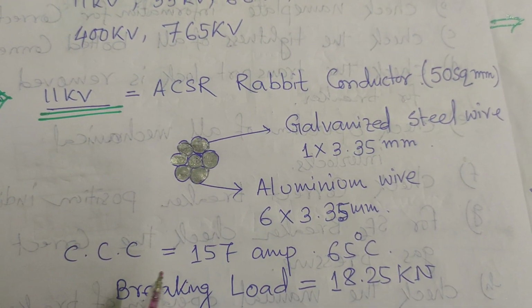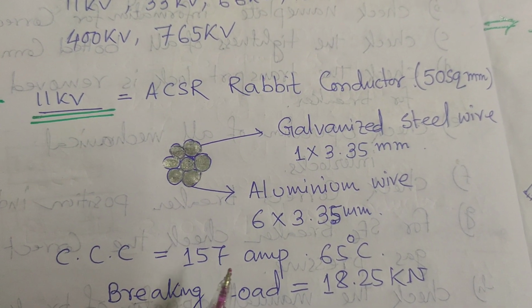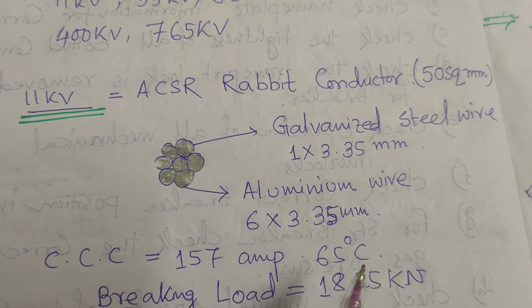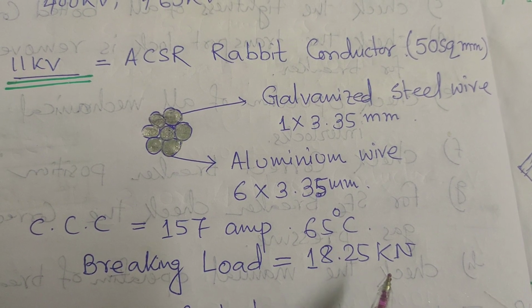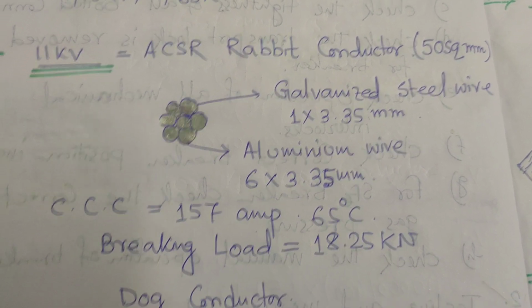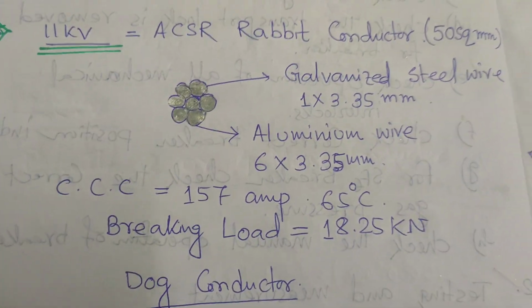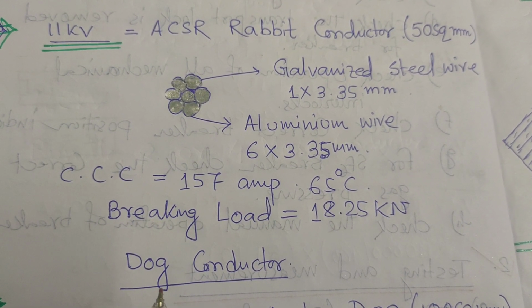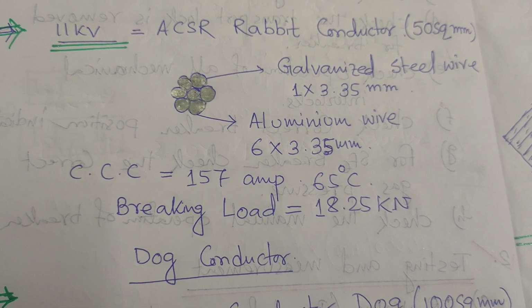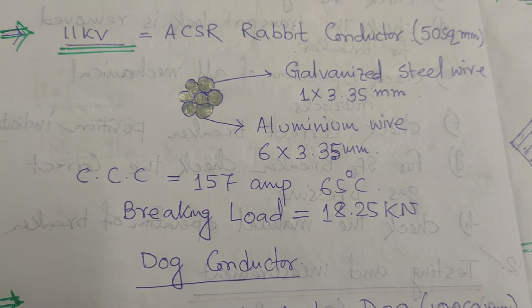The current carrying capacity of the rabbit conductor is 157 ampere at 65 degrees Celsius, and breaking load is 18.25 kilo Newton. And in different places we also use the dog conductor for